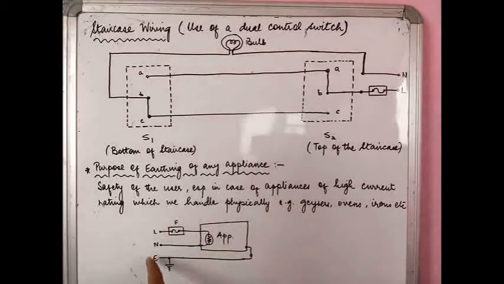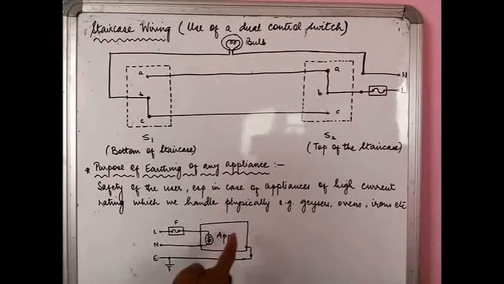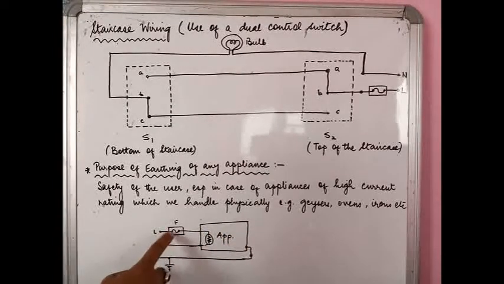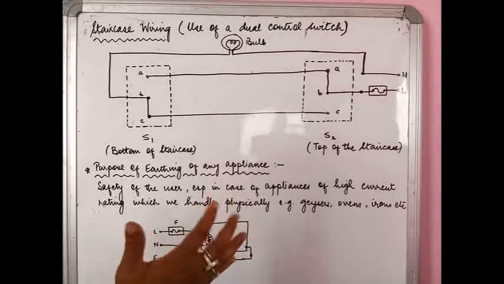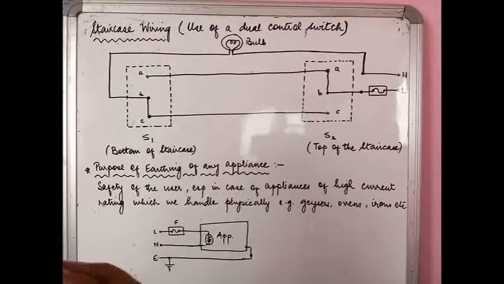Here I have drawn one such diagram which is already given in the book also. Suppose this is an appliance with the heating element over here. From the live wire, again the fuse will always be there. From the live wire the current comes and it has a path back through the neutral. So the circuit is complete. The appliance is working. It is in the working condition.